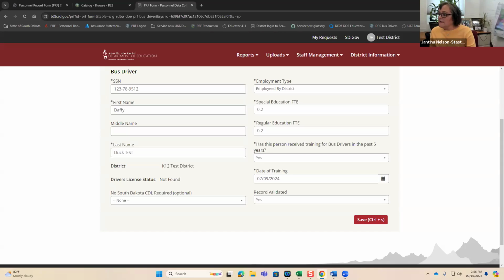So that driver's license status is our connection to the Department of Public Safety. It tells you if they have an active eligible CDL, or if something has been suspended. There are 6 potential bus driver license check status indicators.